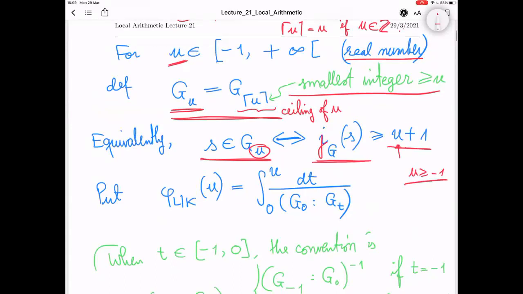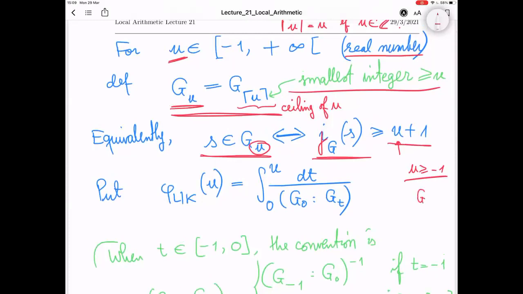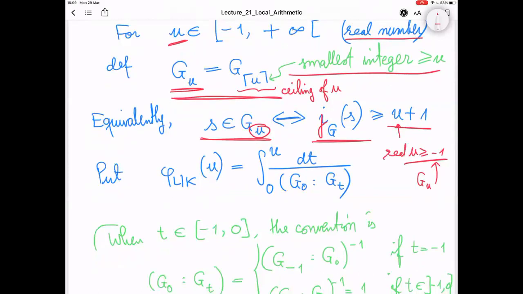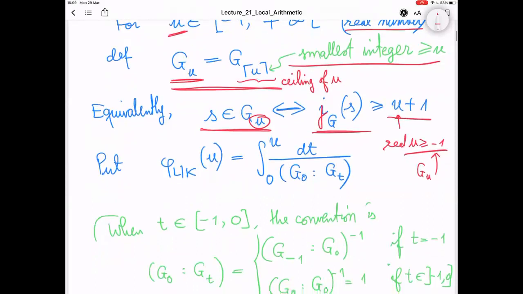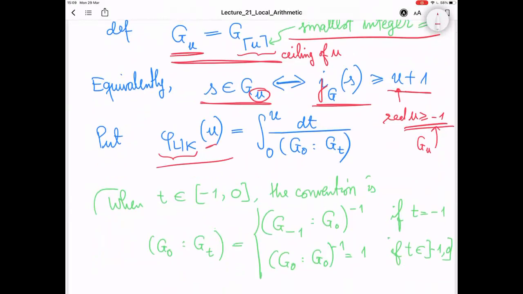So that's one thing which we have done: defined G_U for all real U greater than -1, not just for integers U. The second thing you do is to define this function phi L over K of U. U is again a real number greater than -1. And you define this function phi at U to be the integral from 0 to U of this index,